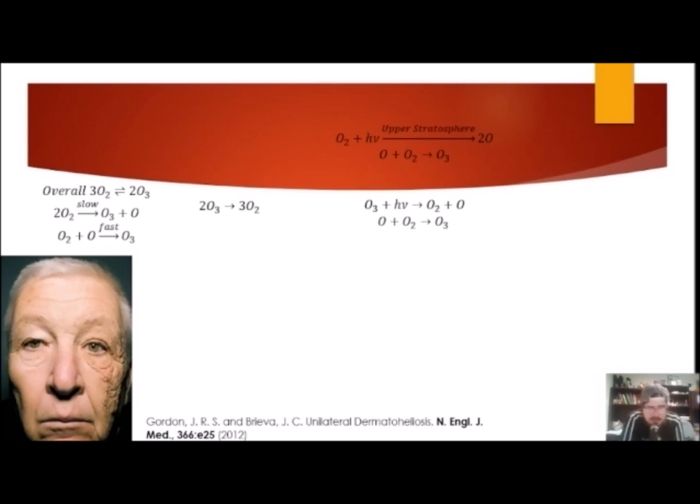However, this can naturally form in the upper stratosphere. In this upper stratosphere, ultraviolet light will strike oxygen and split it into 2 atomic oxygens. While that could reform into O2, the likelihood of 2 atomic oxygens bumping into each other is highly unlikely. So it's more likely that one of the atomic oxygens will bump into O2, which is in much higher concentration,